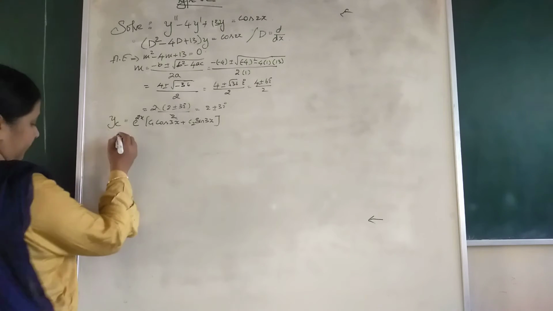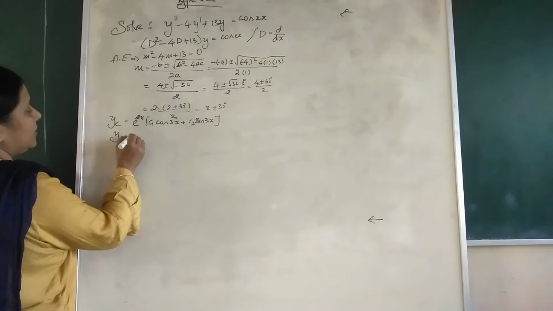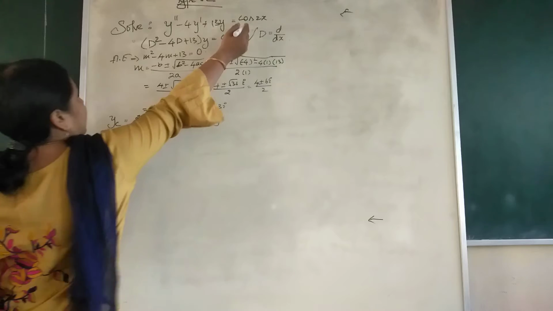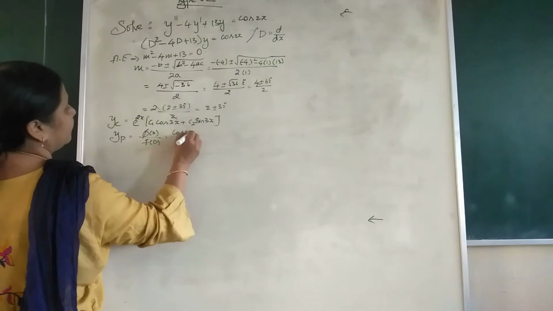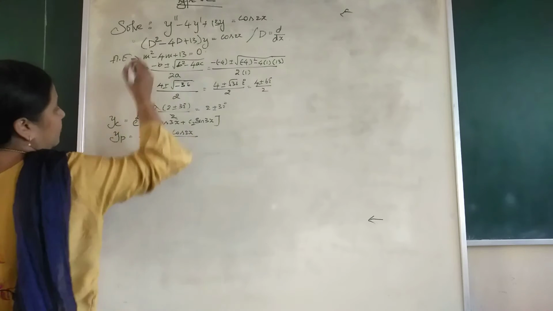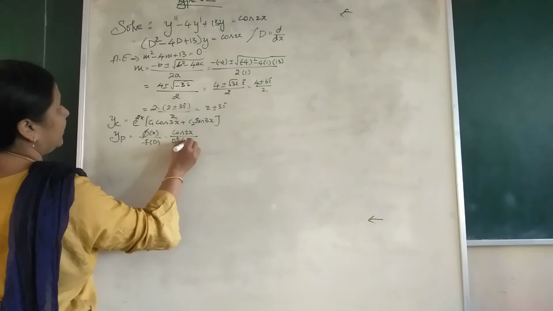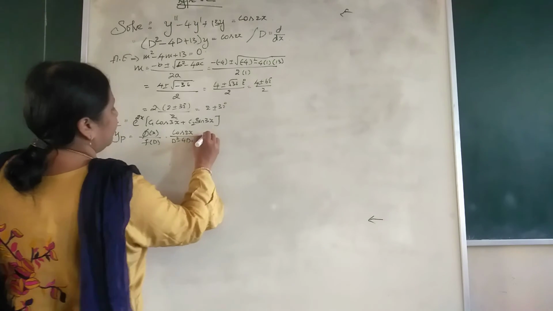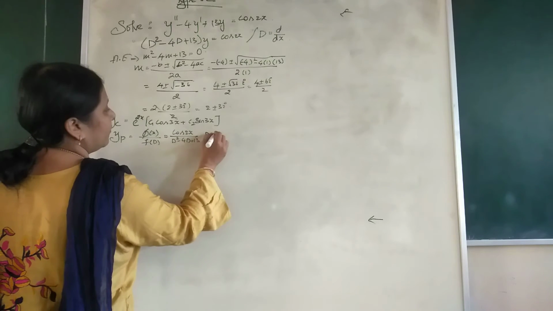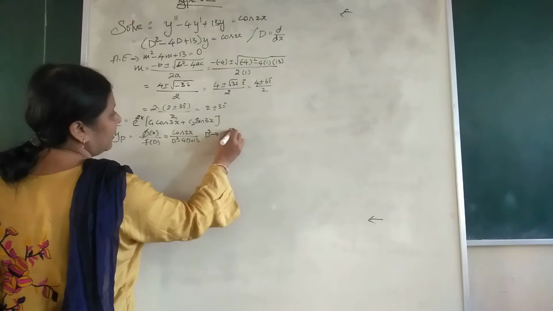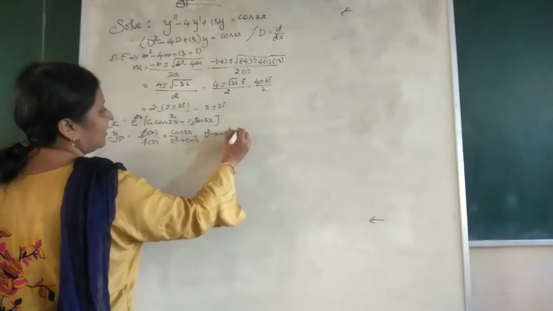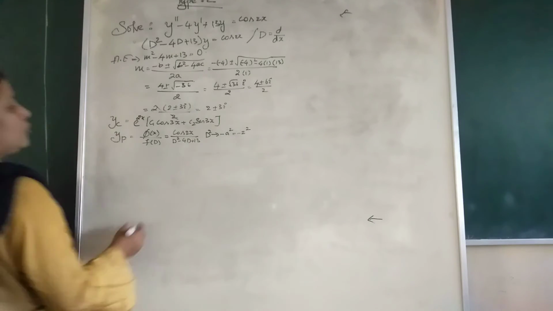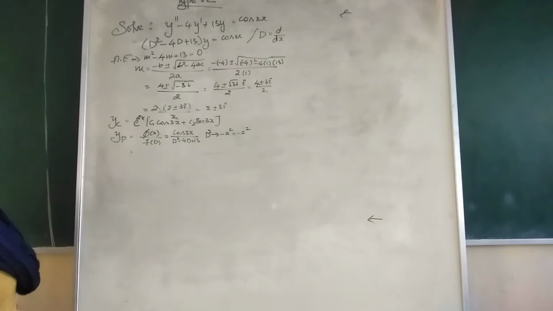Coming to the second part, we have to find the particular integral yp is equal to phi of x divided by f of D. And phi of x in the given question is cos 2x divided by f of D, which is this in terms of operator, D square minus 4D plus 13. And what is the rule for type 2, guys? Rule is D square should be replaced by minus a square, and here a is the coefficient of x in the trigonometric form, that is minus 2 square.